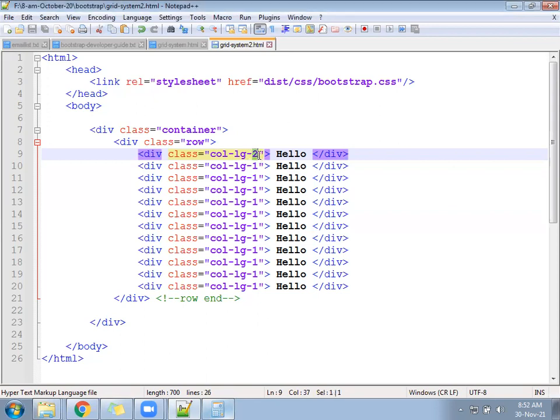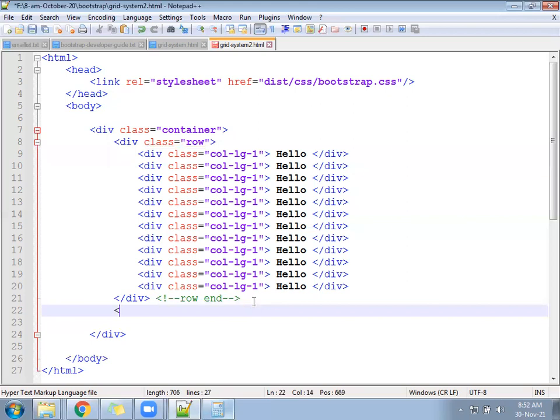Let's come down below and create the next row. You will put one HR here, so one visible line will come.